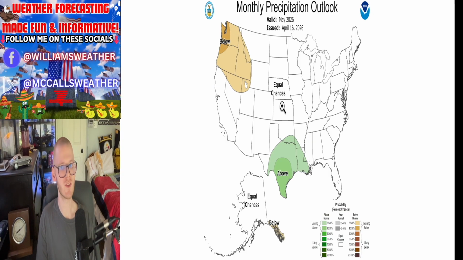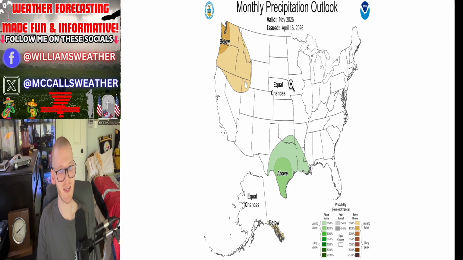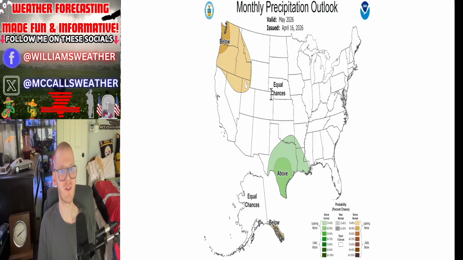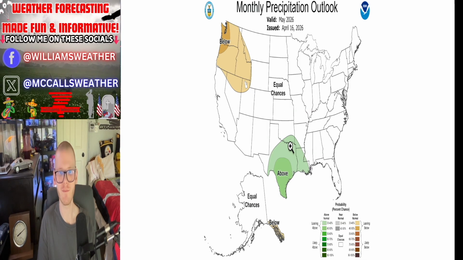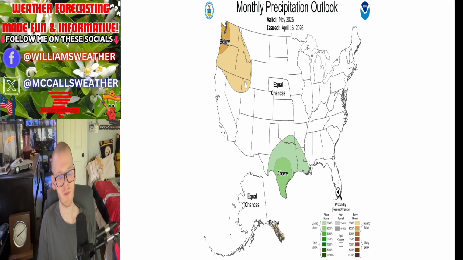Well, they're showing us a lot of uncertainties, hence why they're saying equal chances, because really it's to be determined, and there's a lot of uncertainties in the middle and end of the month. But if we stick with the Climate Prediction Center, they're showing us below average precipitation here in the northwest and above average here down by Texas, Louisiana, Arkansas, and parts of Oklahoma. So I would definitely be in agreement with this, as I think the southeast and south central part of the country is going to be above average.